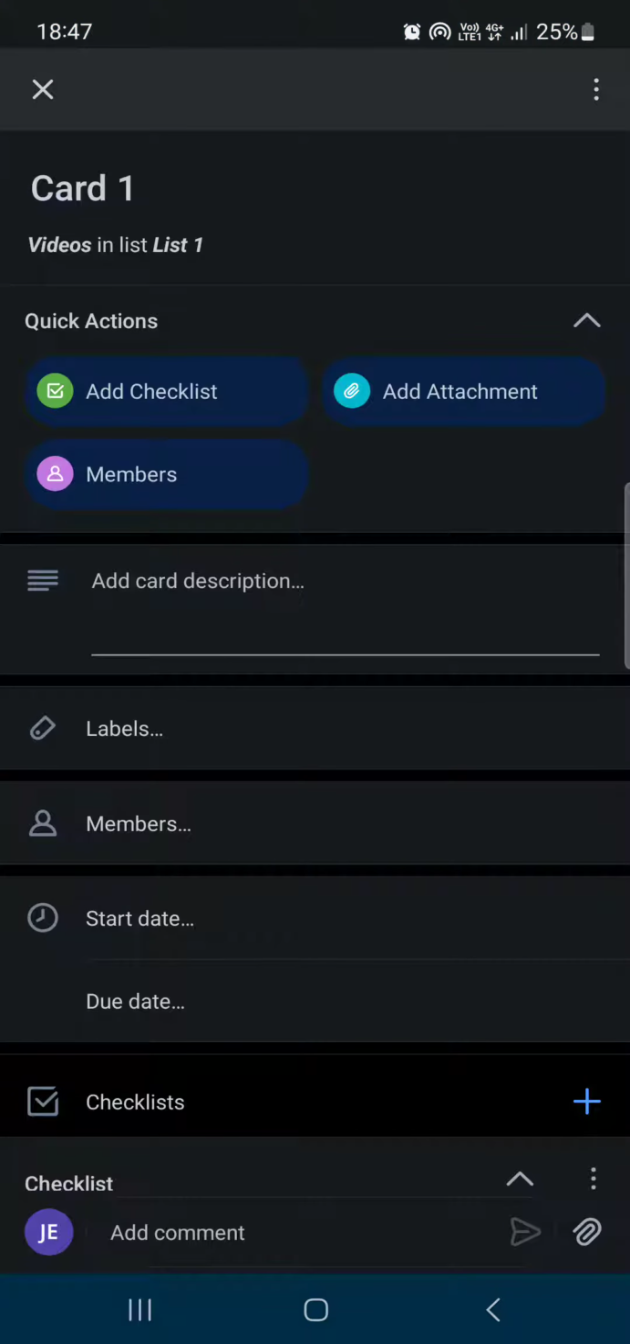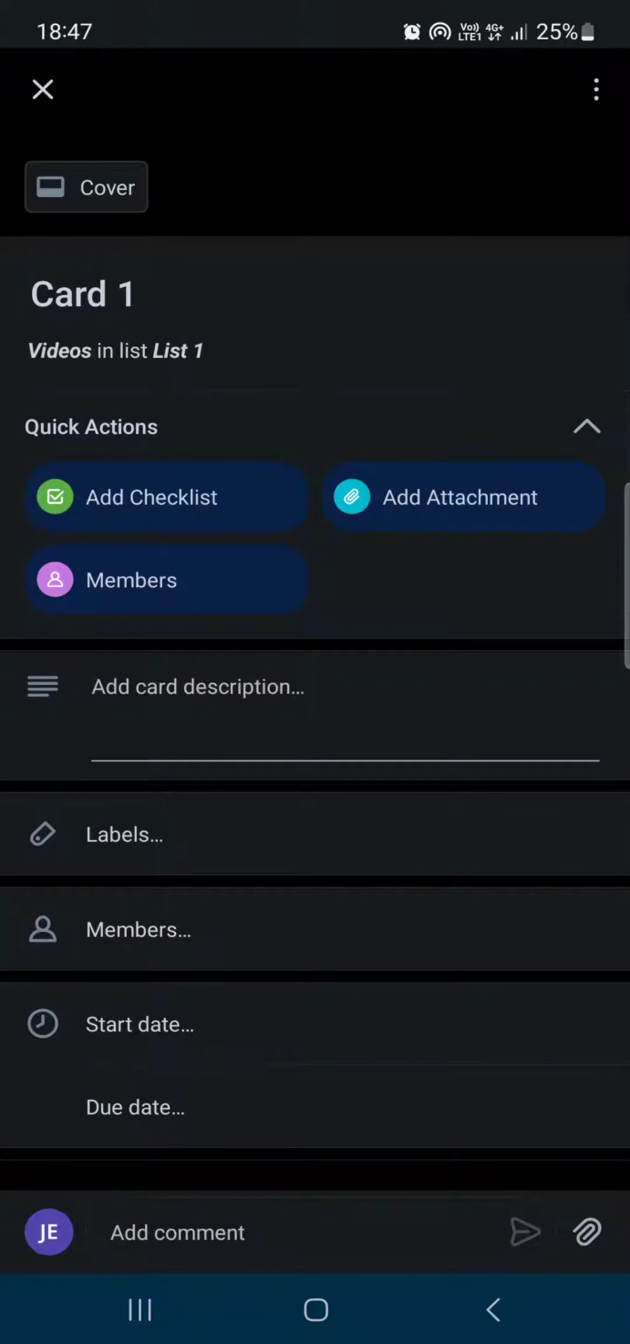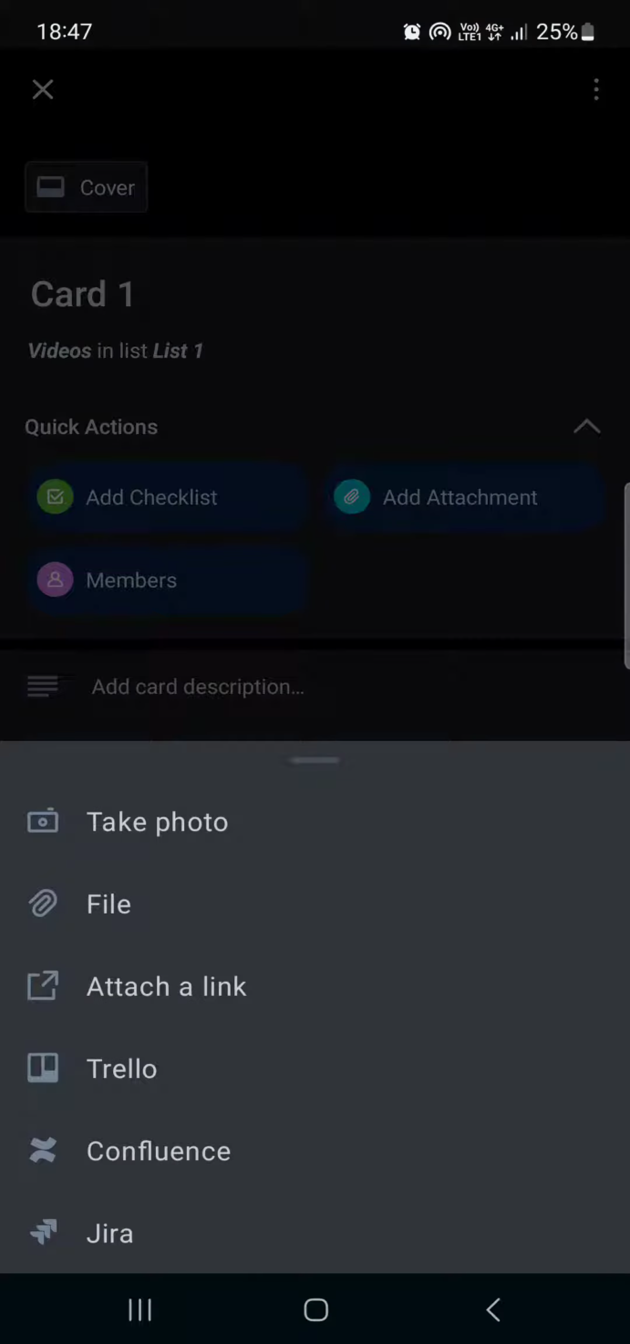And here in the card, at the top, we find quick actions. We can just tap on add attachment and then select what kind of attachment we want to add. We can take a photo, we can attach a file, we can attach a link, we can attach another card or some relation in the Trello app, and there are some other